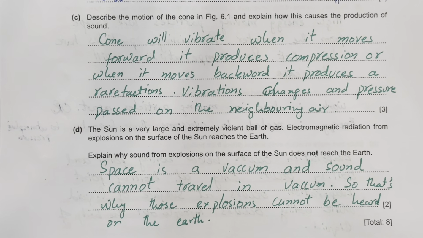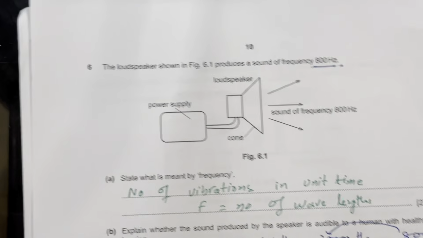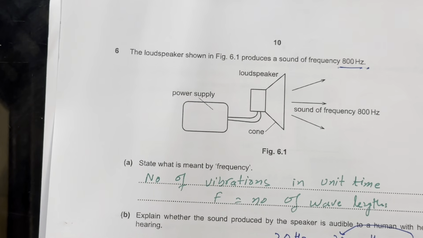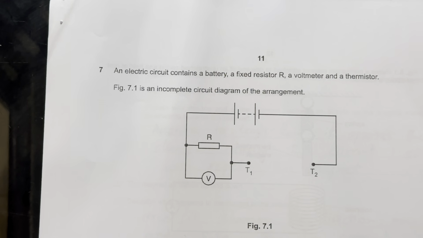So we're gonna write over here, space is a vacuum and sound cannot travel in vacuum, so that's why those explosions cannot be heard on the earth. So now we move to question number 7. Question number 7 is,